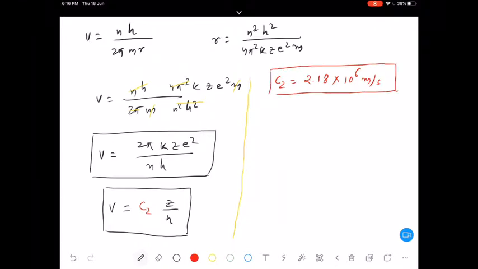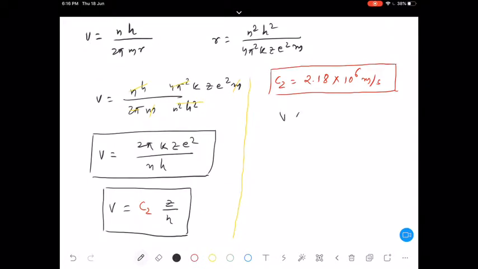By putting these values, this will be one of your homework, that you are going to calculate these values of c1 and c2 by putting all these values by yourself. And you will verify whether these values, whatever I have written, they are correct or not. Tomorrow morning you let me know whether these values which we have written here are correct or not. Any confusion, any doubt? Okay then.